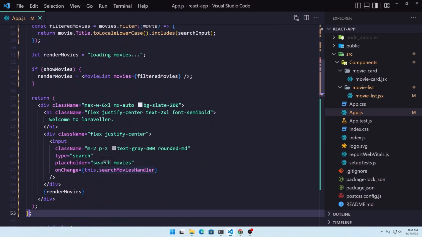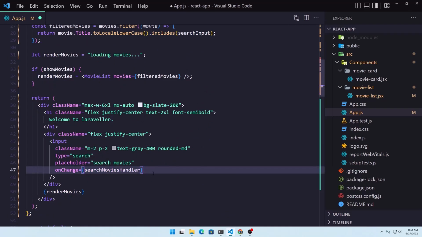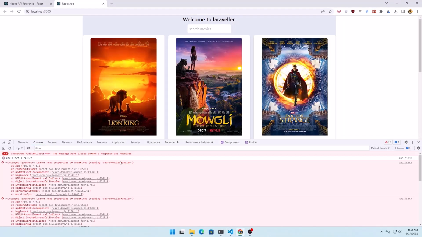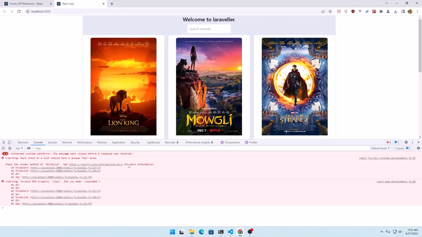Okay, yeah. Here we have this, but we don't need this here. Save. And if I refresh, we have a unique warning for the key and also invalid DOM property class in the